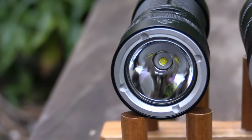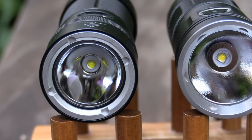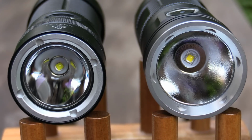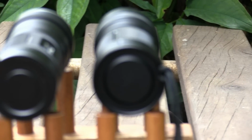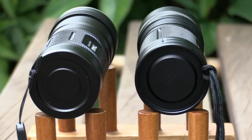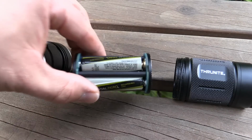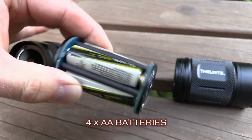Alright guys, I'm going to give you some thoughts and opinions and some considerations about these two flashlights. Put in my 2 cents worth. First off, I think it's evident that both these flashlights perform very well in their class. Although both of these flashlights are larger in diameter than other EDC or everyday carry flashlights, consider the fact that they run on 4 AA batteries, which is quite impressive for the amount of lumens that they output,